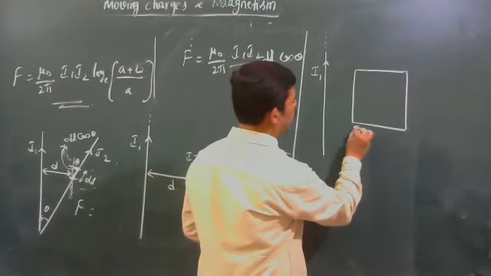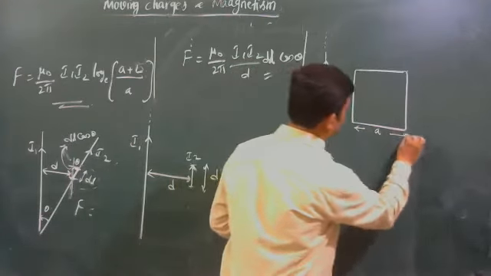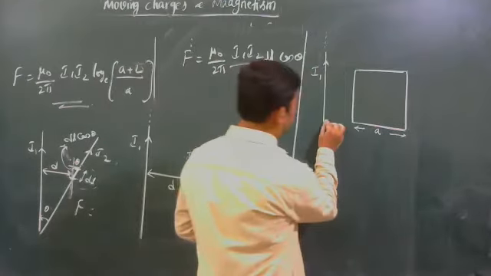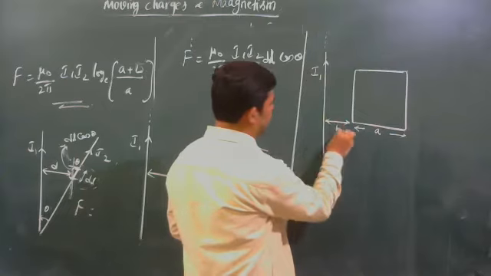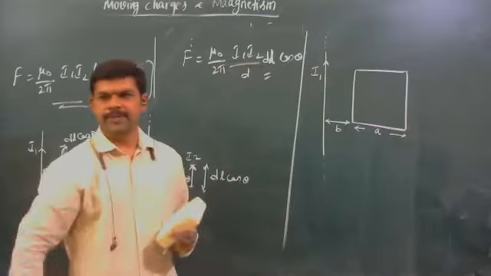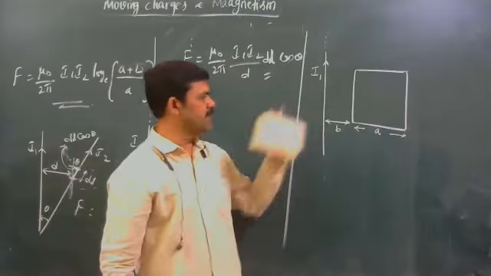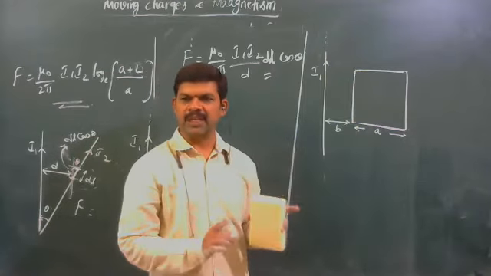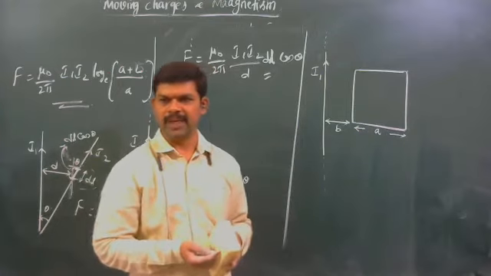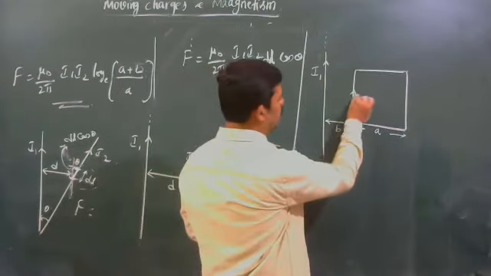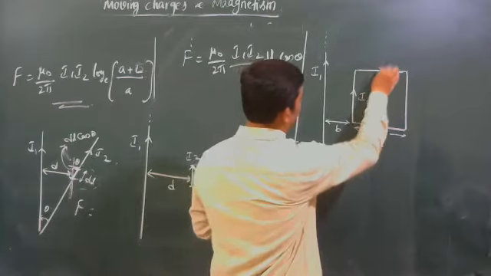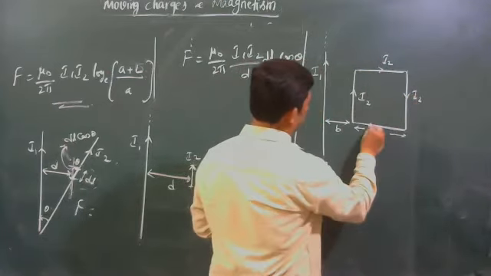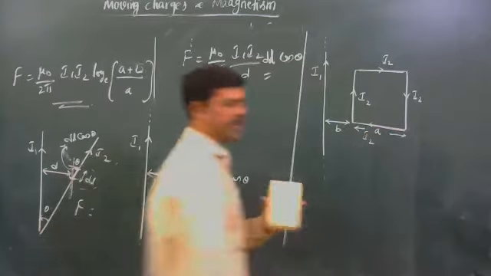The square loop of side length A, let it be at a distance B. This side is at a distance B. This conductor and the loop both are in the same plane. Okay. In this loop, if I2 current flows,